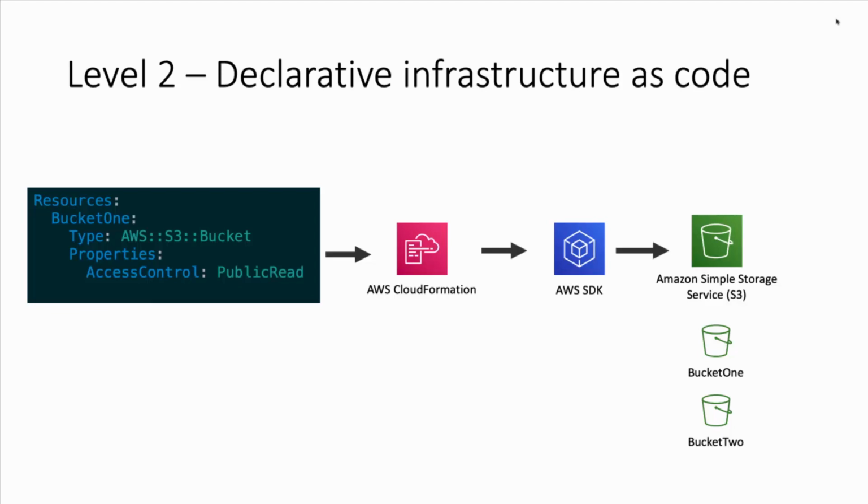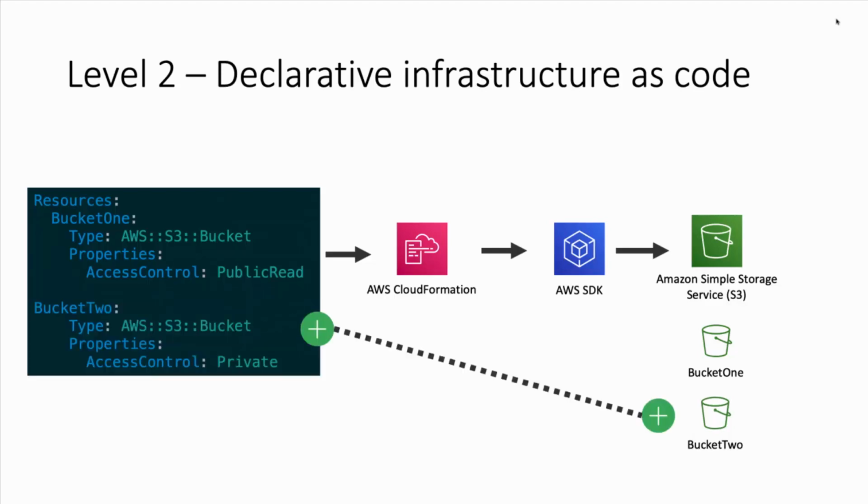CloudFormation will use the AWS SDK on my behalf, and it will create a bucket inside Amazon S3. Now, if I add a bucket 2 to the document, here's what happens. AWS CloudFormation will go through and create bucket 2 on my behalf because I added that to the document. But if I remove that from the infrastructure as code document and repass it off to AWS CloudFormation again,